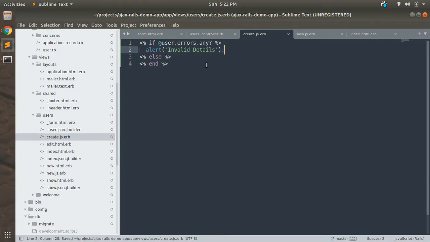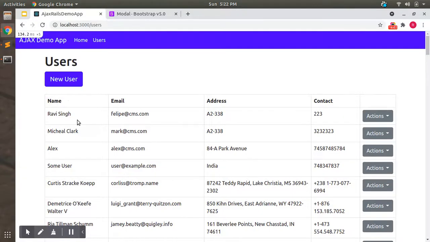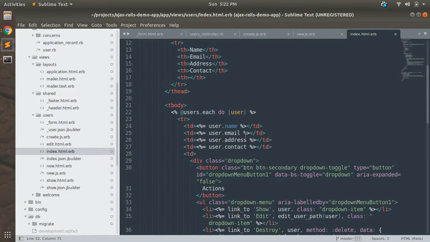Now, what we need to do is come to the index page. Whenever a user is created successfully, we will append that user to the top of the table. So for that, first we need the table body and the table row.